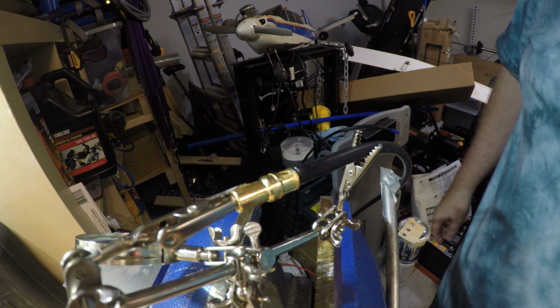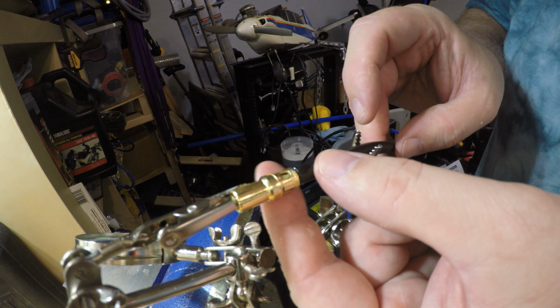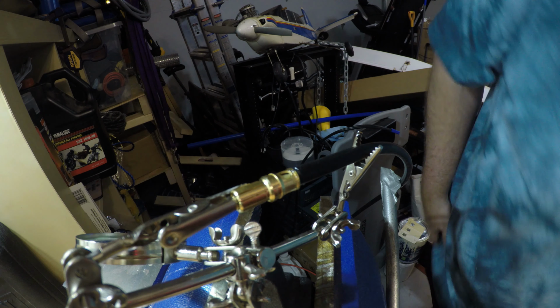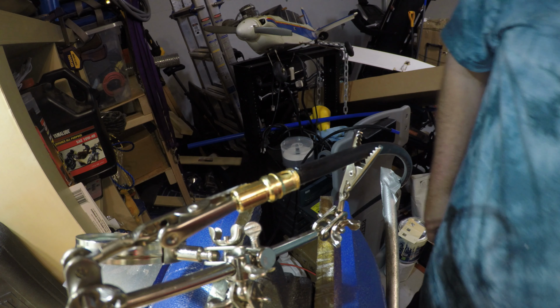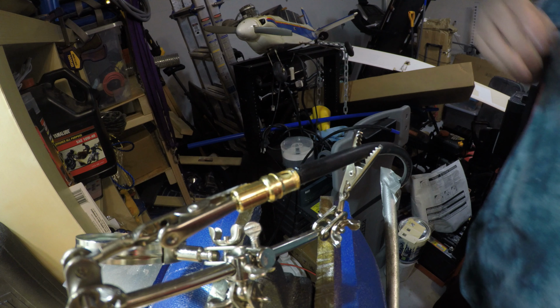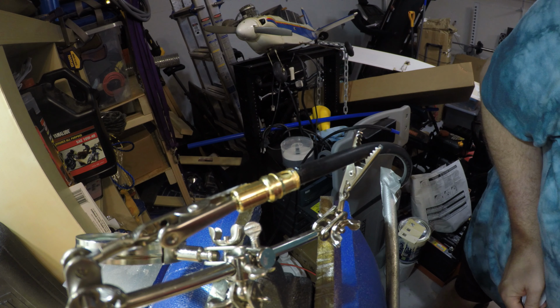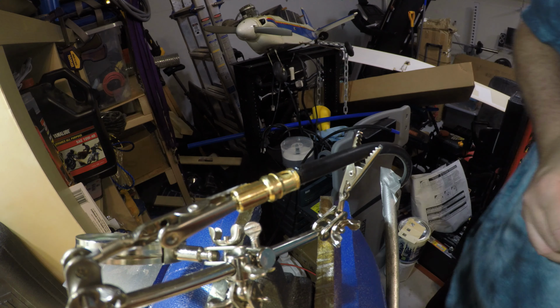And I just inserted the tinned end, which you saw earlier, in there. And I just want to line that up so it's pretty much right in the center. I put a little bit of flux on it already. And what I want to do is solder this through the hole that's in the side of the ferrule. I've got the ferrule elevated very slightly in the front so that the solder,